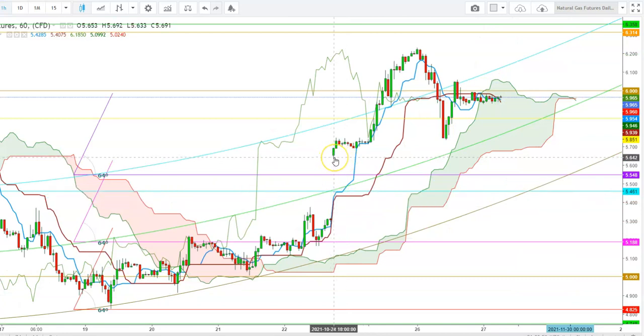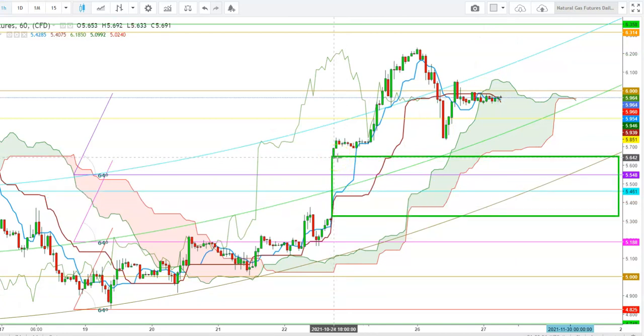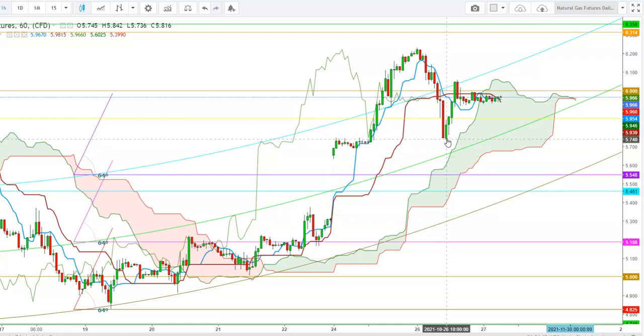So friends, here you can see how the natural gas futures started this week with a gap up opening above the levels of 4.642, and since then the natural gas futures have been well maintaining above this gap up, and here you can see how the natural gas futures continued to move upward once again, and have already tested a high at the 6.236 on October 26, but here some profit selling was there. But finally, the natural gas futures found a strong buying support at the 5.740 on October 26, and since then the natural gas futures have been well consolidating here well above the levels of the 5.924,